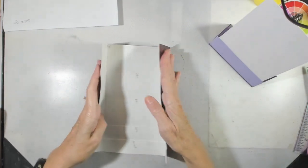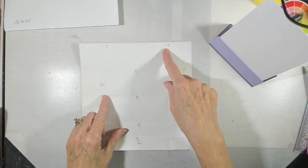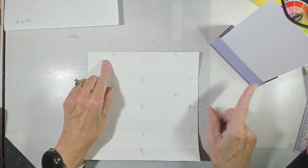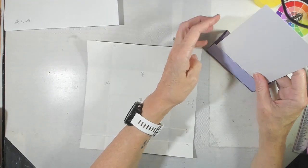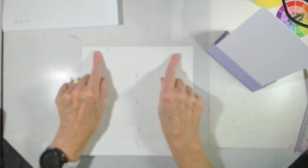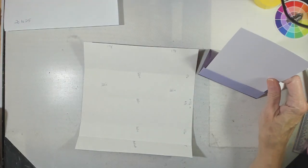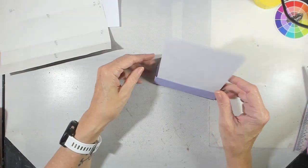So where we had the two sides folding in like this and nothing folding in the center, you would have to move your side arms and make them smaller in order to accommodate more space on either side, which would allow your pocket to puff out more. Okay, so instead of 1 7/8, you might do 1 3/4. That would give an extra little bit to either side, so you could insert two cards into the space. All right,